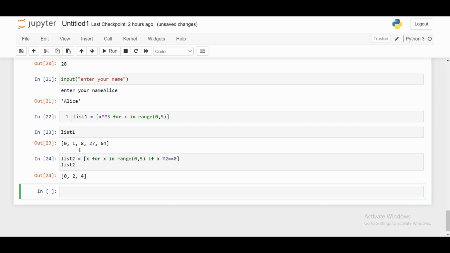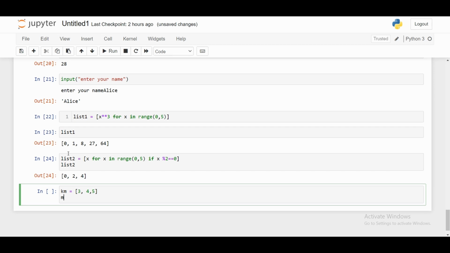Okay. And we can do much more complicated things with the list comprehensions. Like converting degree Celsius to Fahrenheit and like many more arithmetic problems. I'll give a simple example here. Kilometer is equal to, I'm initializing a list kilometer where I can give some values like 3 kilometers, 4 kilometer, 5 kilometer and all, and I have to convert this to meter. Okay, for conversion of kilometer to meter,